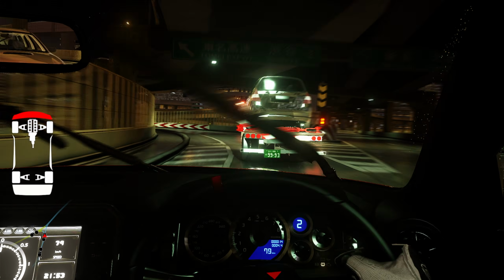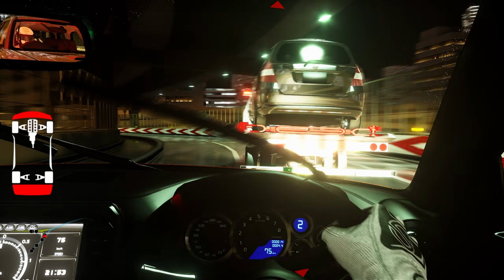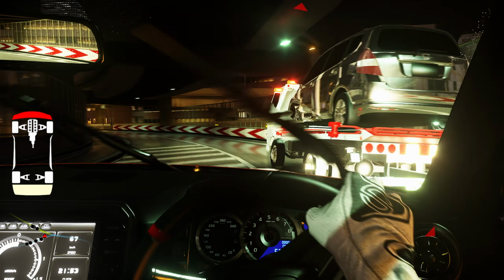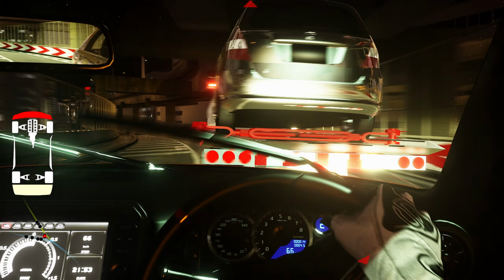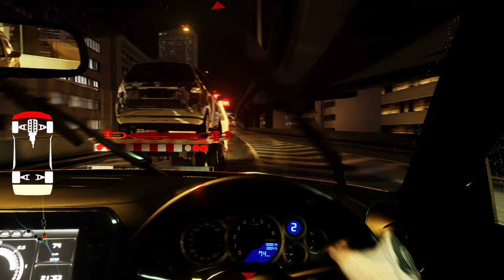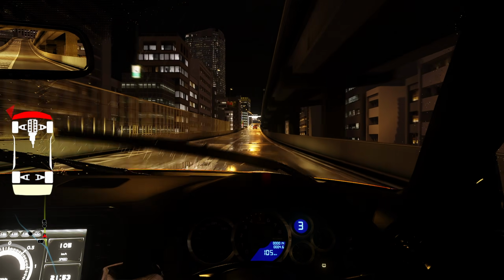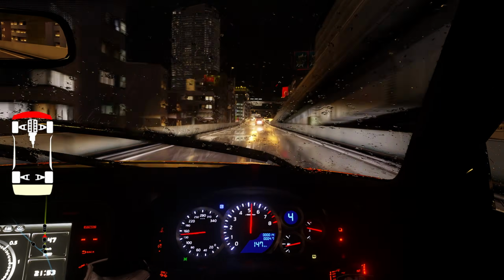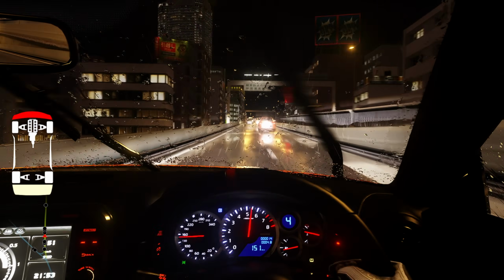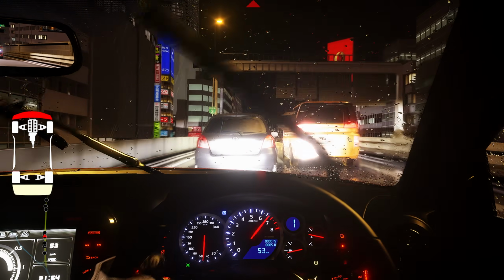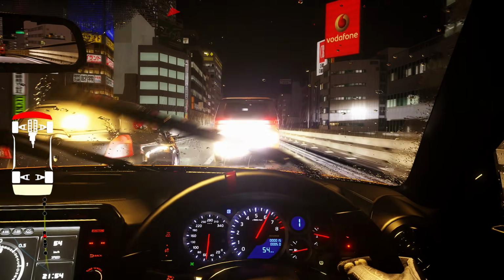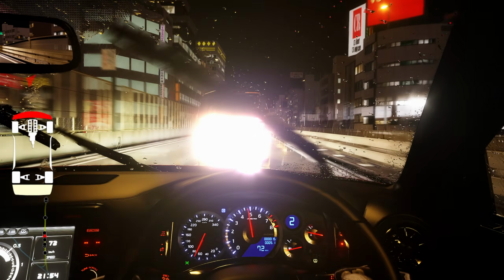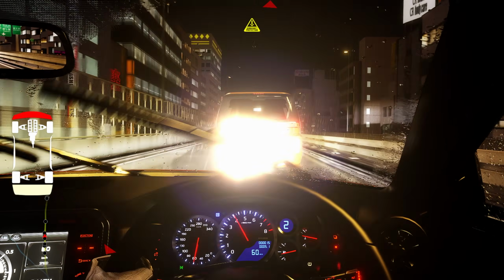But yeah, that is the Shutoko Revival Project. Full guide, full AI, full traffic, everything. I think this is one of the coolest experiences you can get in Assetto Corsa. And it's like a tradition for me to hop on Shutoko with AI every once in a while and just cruise around just for the sake of cars. So yeah, as we have a wall of a Prius and a van,